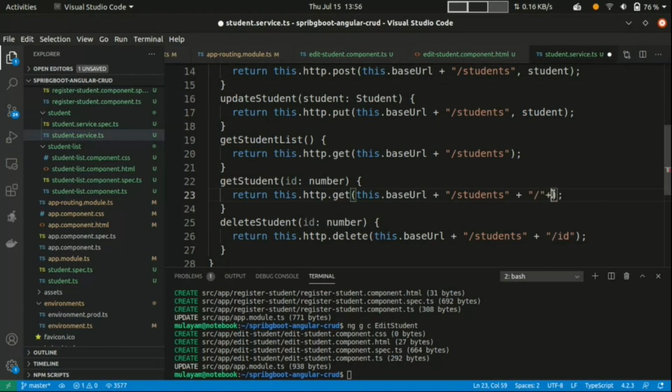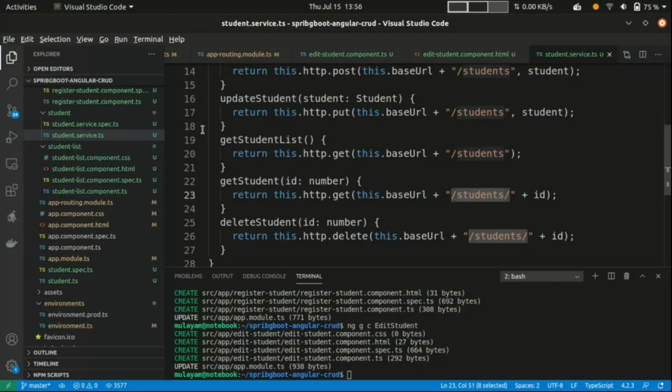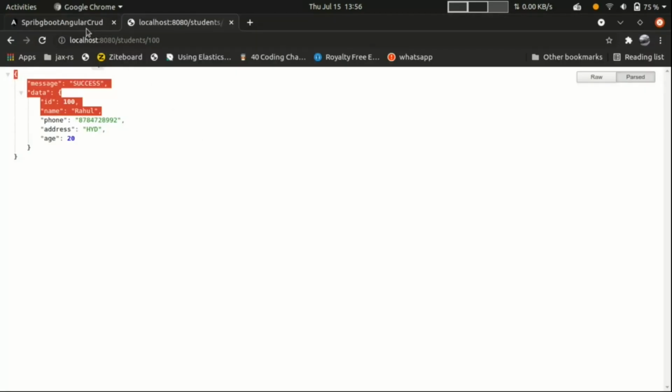So it should be plus ID, and here should be ID. Just write slash here directly. Plus, sorry, I forgot. So student and ID, like this I have to pass. Okay, now I should see.